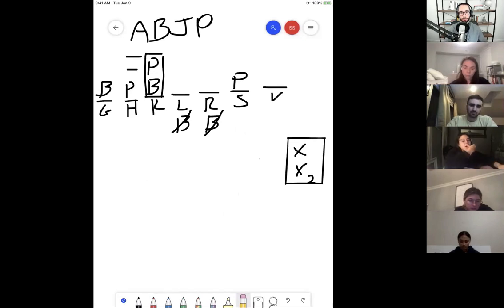That's just how I learned how to solve these games. Whenever I see multiple variables on each axis, I just think, oh, chart. And I laid out B, S, R, L, K, H, and G on the y-axis, and on the x-axis I have A, B, J, and P. And I just drew a chart, and I used check marks.